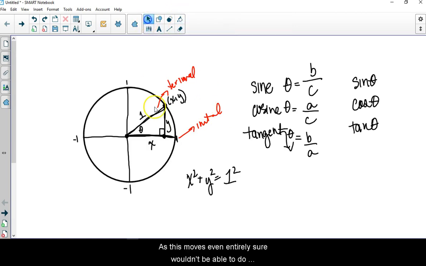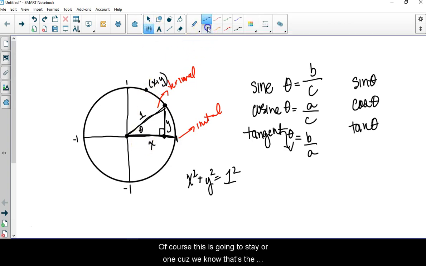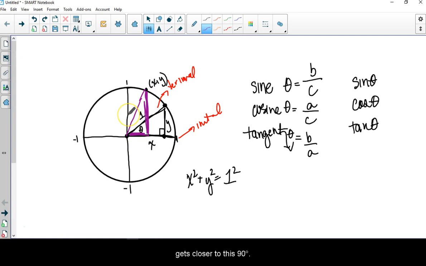Now, as this moves around like this, of course, this is going to stay a 1 because we know that's the radius, but now your lasso is going to hang lower, but it's getting closer to this side. So x squared plus y squared is always going to be equal to 1 squared, which is 1. But the x's and y's are going to change. So as this angle gets closer to this 90 degrees, then this is going to swing together, and then when it gets to the other side,